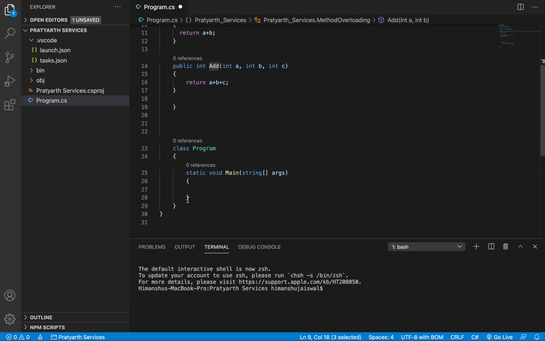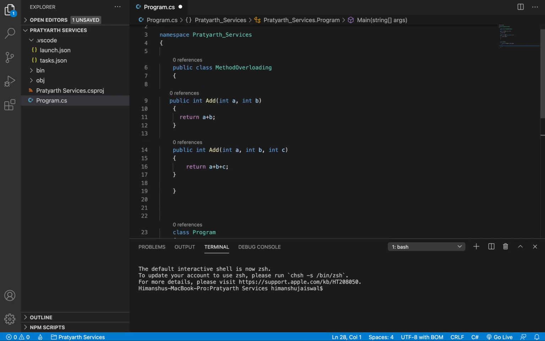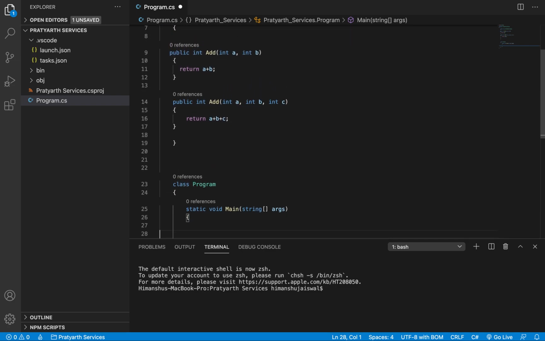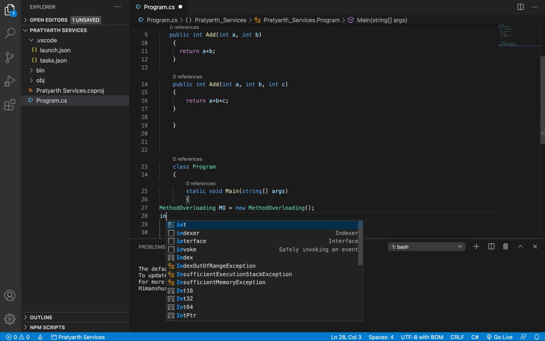So now if you are going to call this in a main method, what will it do? The class name is MethodOverloading. I am going to firstly instantiate this class, mo equals new MethodOverloading, and now I am going to call the methods of this.